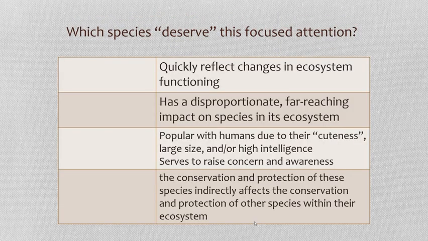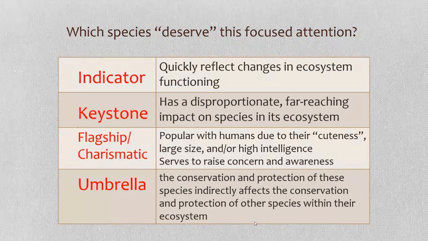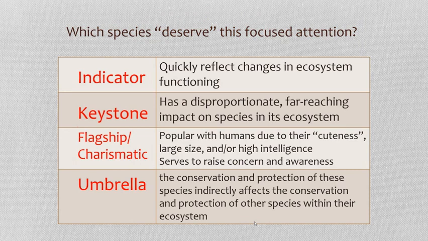So animals that quickly reflect changes in ecosystem functioning, those are indicator species. We protect keystone species because they have disproportionate, far-reaching impacts on other species in the ecosystem. Flagship species tend to be popular with humans, which makes them easier to protect. Think pandas, right? Charismatic species, things like gorillas, tend to raise concern and awareness. And then finally, umbrella species: if you protect and conserve one species, it indirectly conserves and protects other species